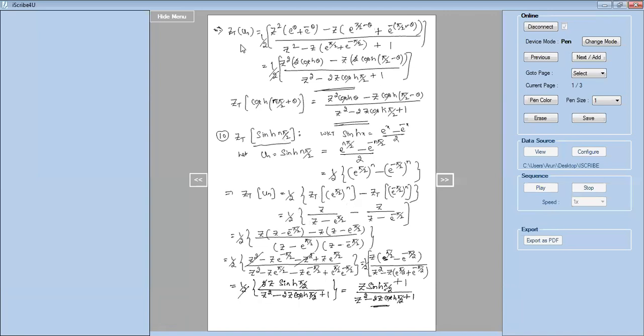Right, this is what we did in the previous problem also, but in the last day we forgot to cancel that too, so we cancelled and wrote. So same thing we did here also. Right, so this is a common procedure to find the z transformation of any problem. So this is why I told, if you know how to find the z transformation of cos n theta, sin n theta, cosh n theta, sinh n theta, the remaining problems and all, it is just a repetition. Okay, so practice the first 4 problems properly so that you can solve any problem in the z transformation. Right.